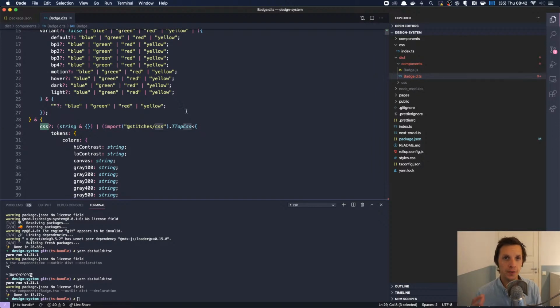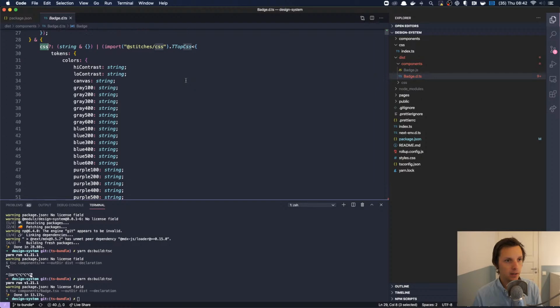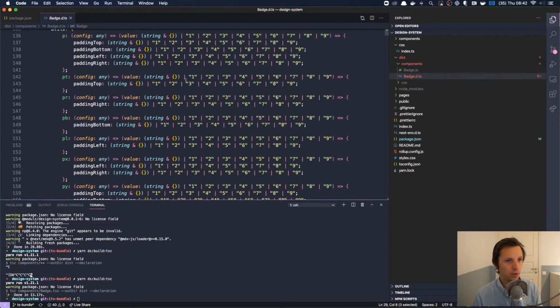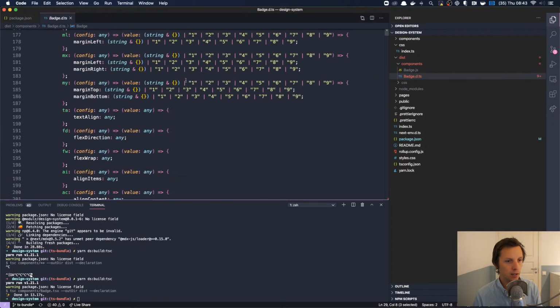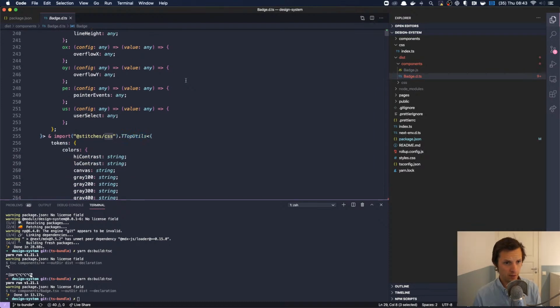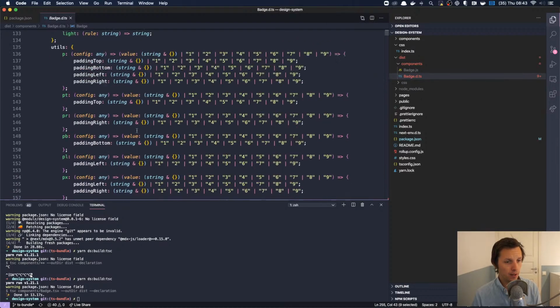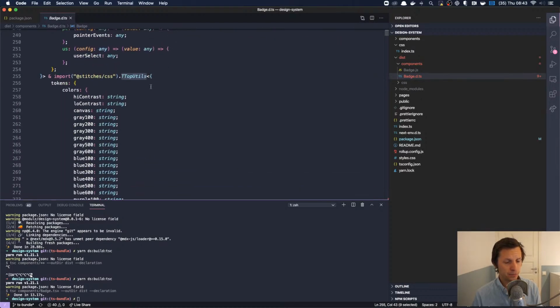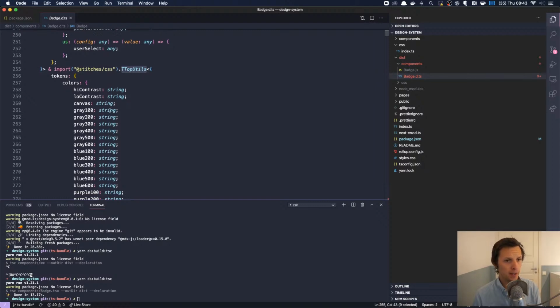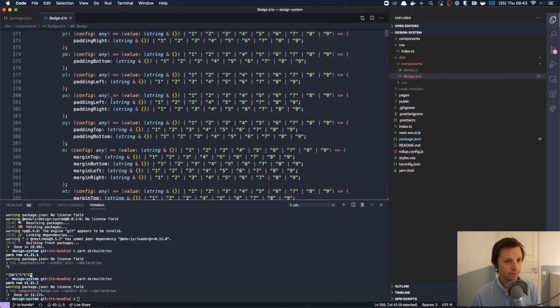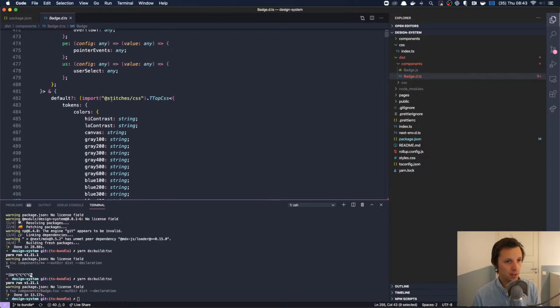On a component you have this CSS prop, so you can override properties, and that includes the whole config, which is okay. Utils, that's for it to be able to infer. So now it uses the utils for the main typing of the normal CSS properties, and then it has utils, which it also injects. And then default.